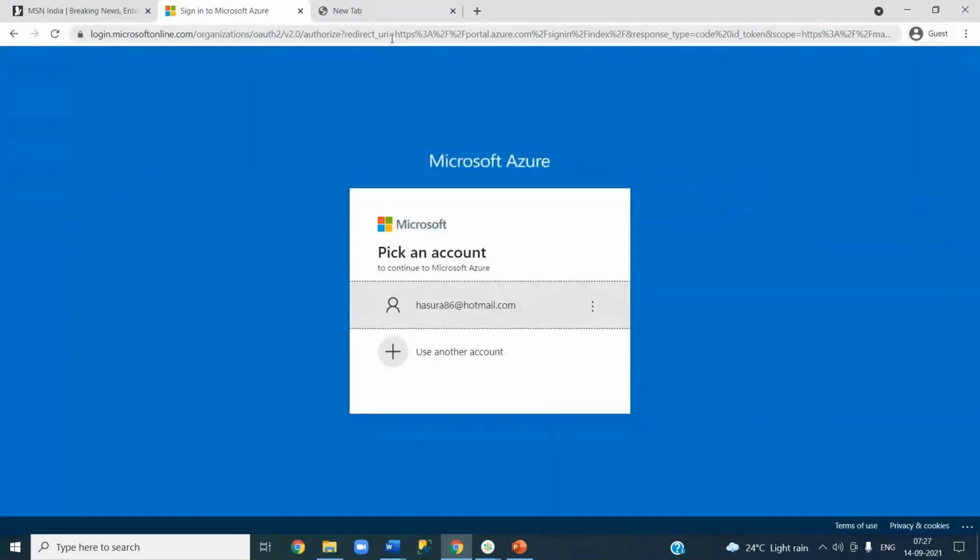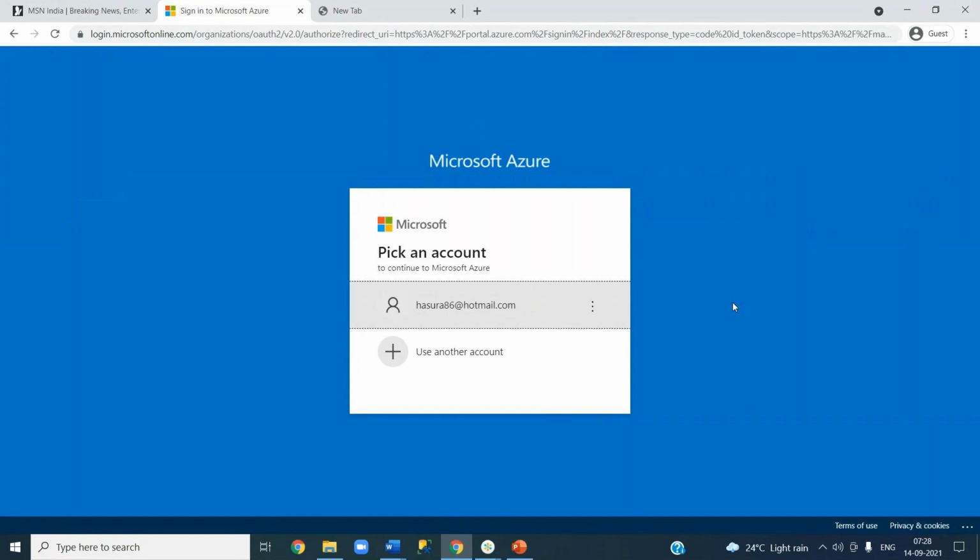If you're working for any organization, your infrastructure or cloud administration people might have got an agreement with Microsoft, and they would have integrated your company's Active Directory with the Azure cloud. That's the reason you use your company email ID to log in.